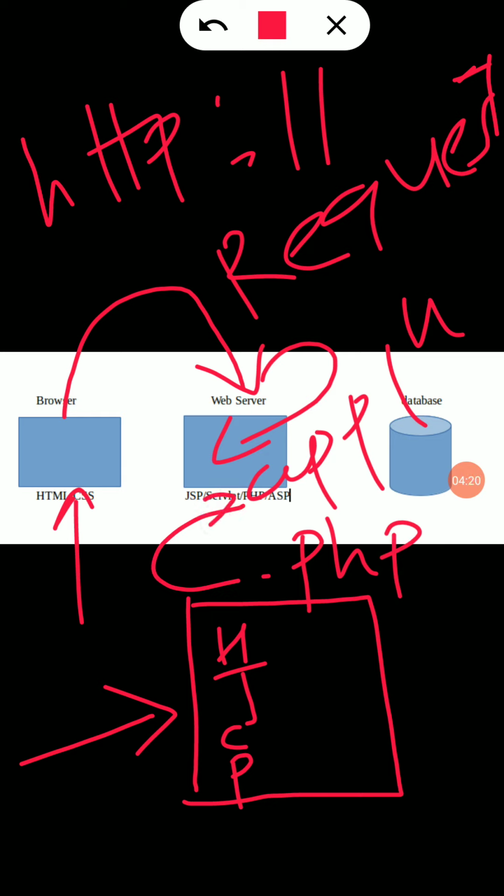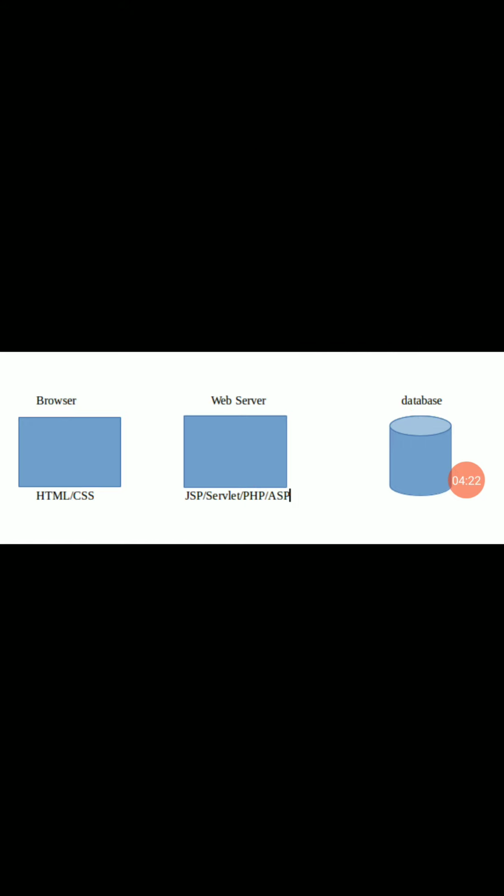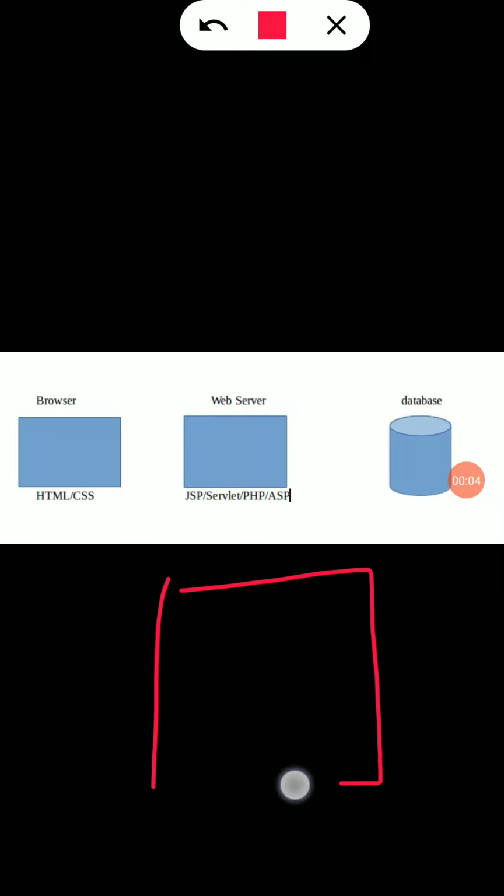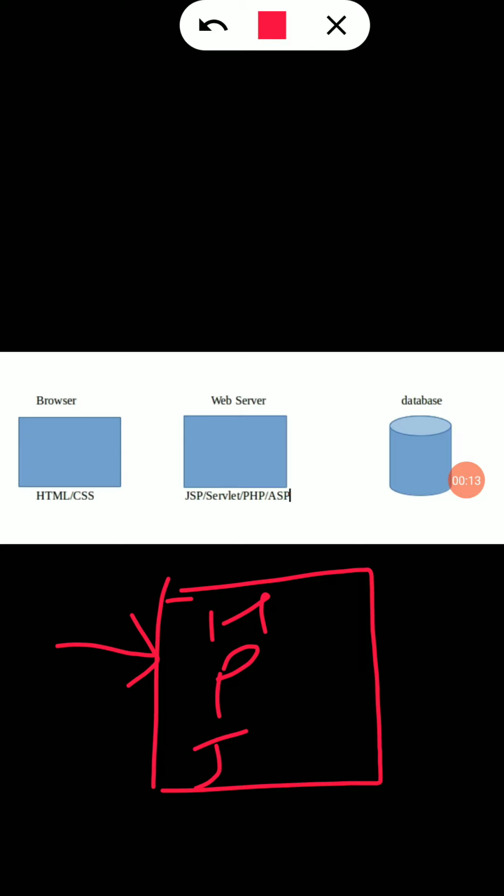Once they find the PHP file, which again contains HTML code, PHP, JavaScript, and CSS, the application server first reads the PHP code, then executes the PHP code and generates the output.